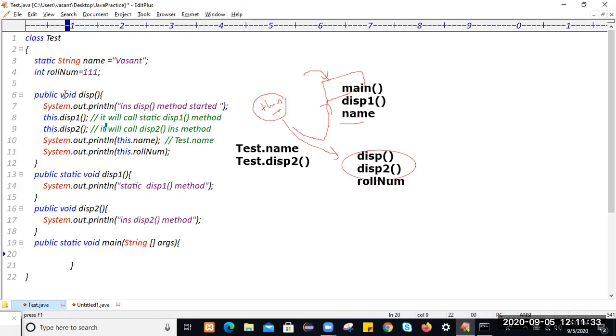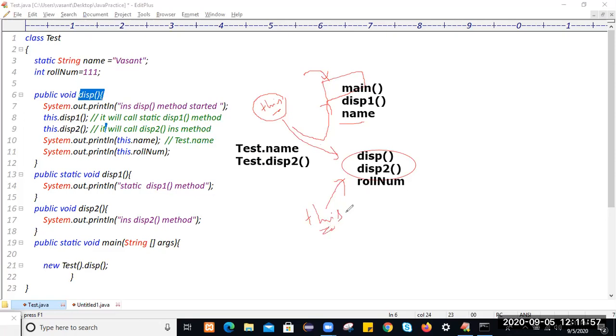Okay, so to call this instance method, let me create an object. I will create a nameless object and call this method on it. We are not giving any user defined name to this object. The moment the object gets created, this will point to that current class object.